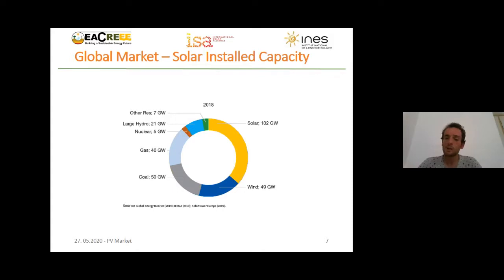So if we count all renewables in this nice graph, which are large hydro, other renewables, which can be biofuel for instance, solar PV, and wind, we account for 64% of global capacity. That's the data we have already talked about. So that's a nice thing to remember. For two to three years, each year on Earth, we install more than 100 gigawatts of solar electricity.